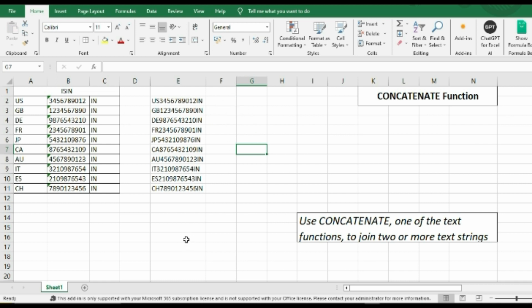So by using the concatenate function, you can combine multiple strings together. So this is the way you can do that. You can use the concatenate function with other functions, and you can use it as a sub function also. So it would be